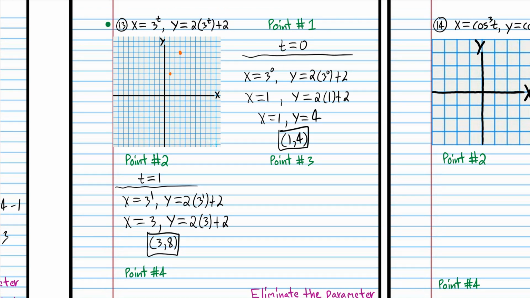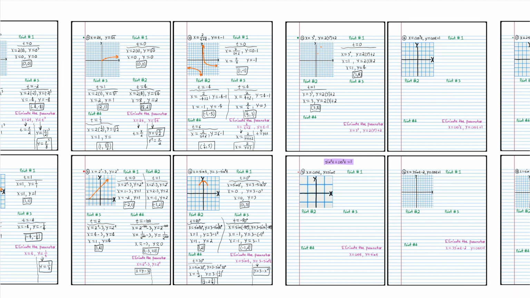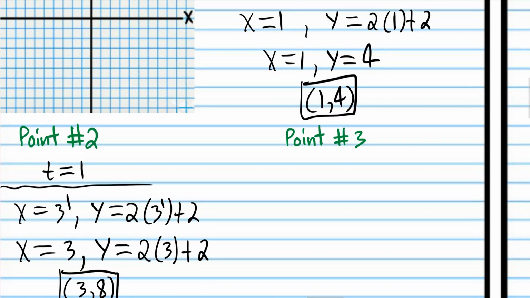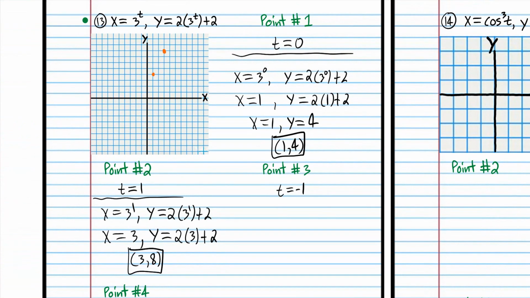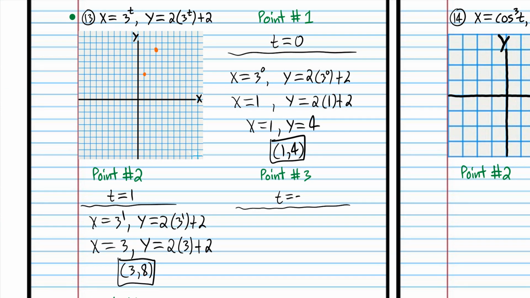That's going to be about there. And what else should we choose for our parameter? If we choose negative values for t, then we're going to get fractions, but actually let's choose negative